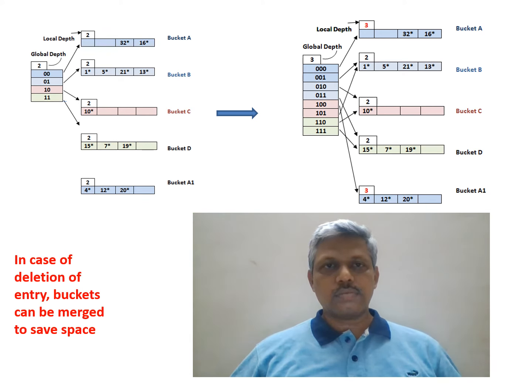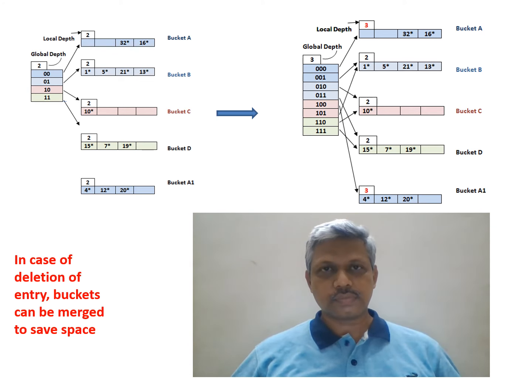And we need to redistribute the indexes that are already existing in A into 2 buckets. How do we do that? If there is a split, then we double the size of the pointers. Previously we considered only 2 digits, so 2 power 2, and now we'll increase that length to 3 digits. Instead of 2 digits, now we take 3 digits.